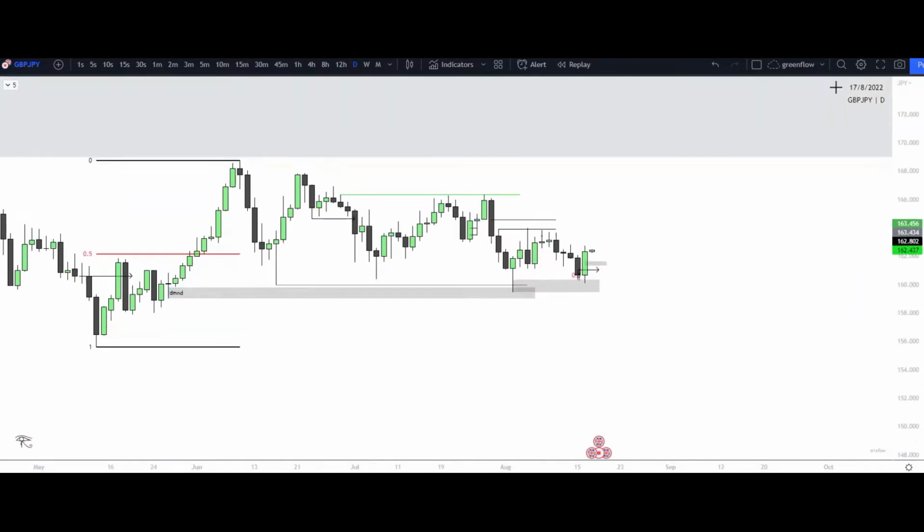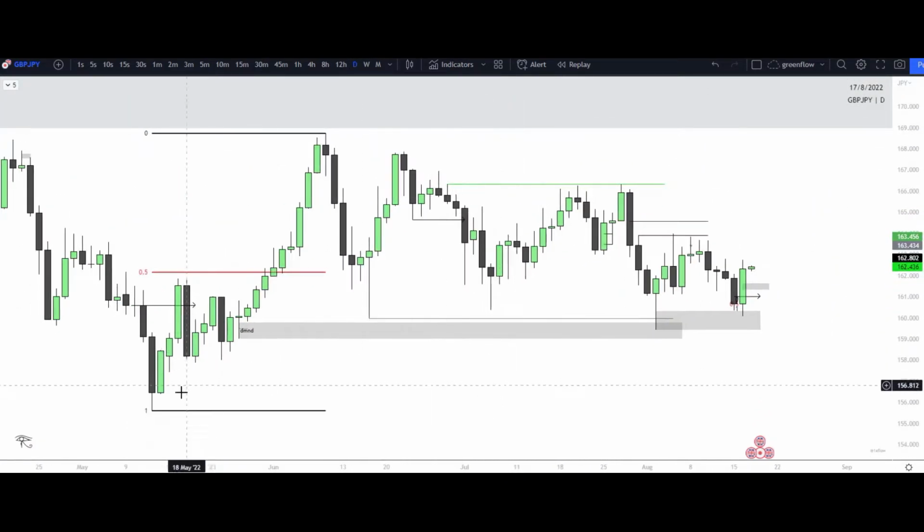So let's now go to the daily. You can see that weekly structure that we put in right here. We saw all of that imbalance that was left behind on this large move to the upside. And then what were we talking about as far as ranges and as far as trading ranges go? What are we looking for, the first or second half, right? So understanding what we're doing on the first and second half and where we're doing it is very, very important.